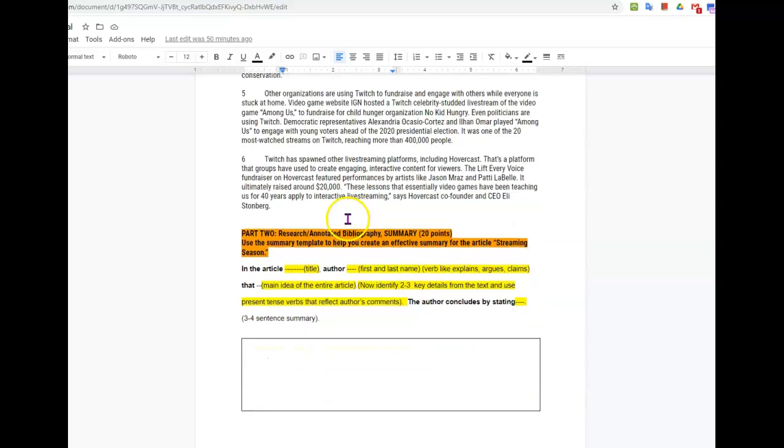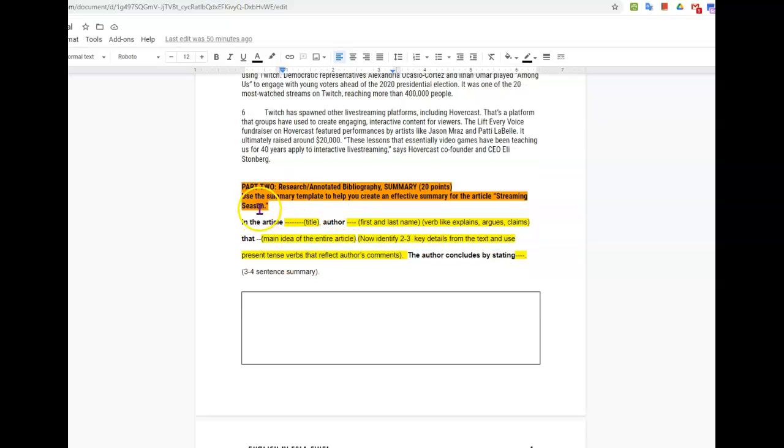6 paragraphs long, and then here in this section called Part 2, you will create an effective summary. This is worth 20 points. Okay, you don't even have to do a citation, just the summary. And I've included for you here a template that you could use, maybe you should use, to write an effective summary. So you'll start with these words that are in dark font